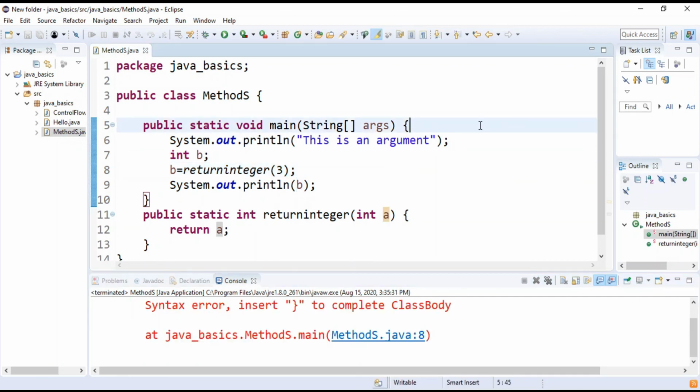So today we learned about what methods are, how we can declare and define our own methods, how we can pass arguments in our methods, how we can pass multiple arguments in our methods, and how we can change the return type of methods. This was all the basics about methods that we have done today.